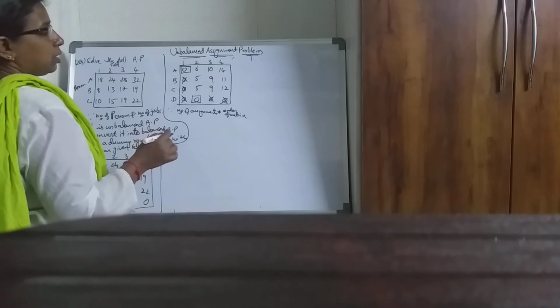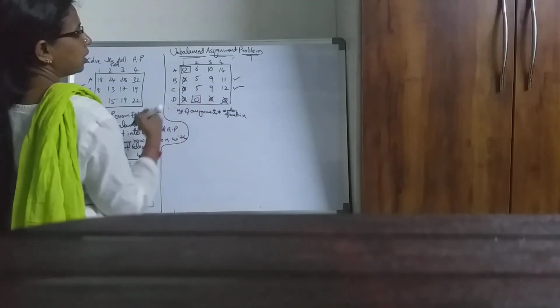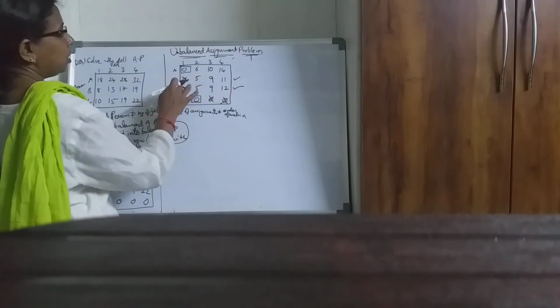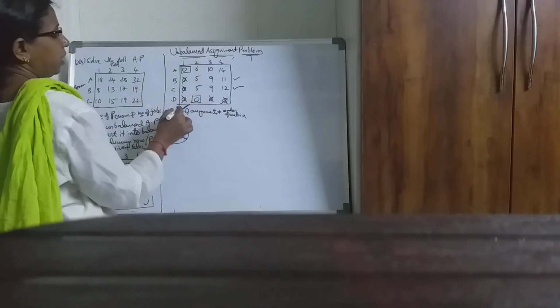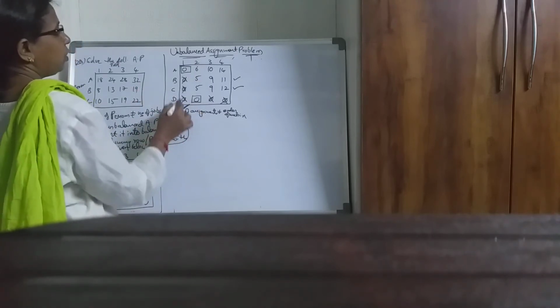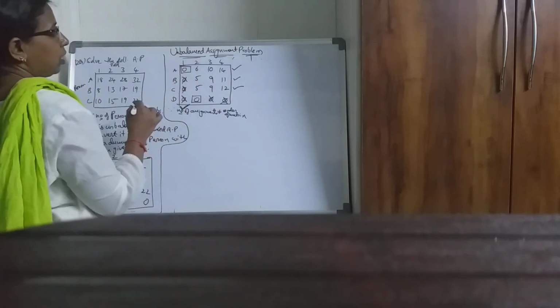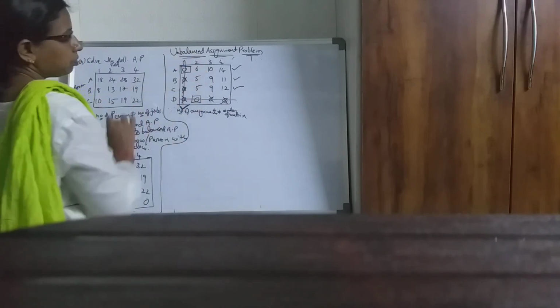So first select the rows which don't have any assignment. So second row and third row don't have any assignment. In these marked rows, see where you have zeros. Here only we have zeros. So put a tick mark to that column. In this marked column, see where you have assignment. So put a tick mark to that row. Now draw lines through unmarked rows and marked column.